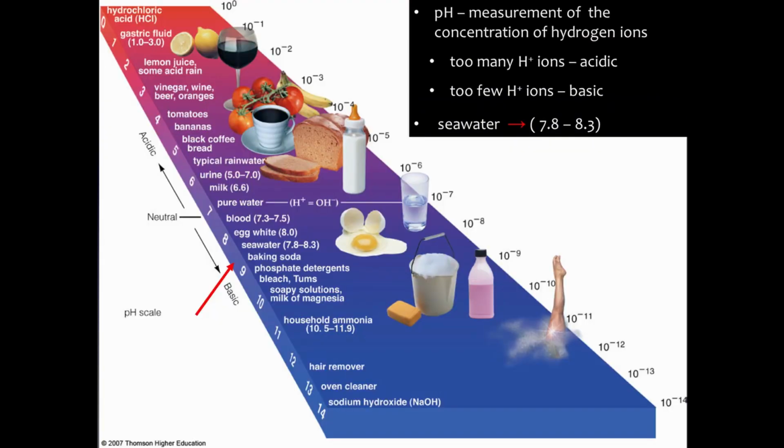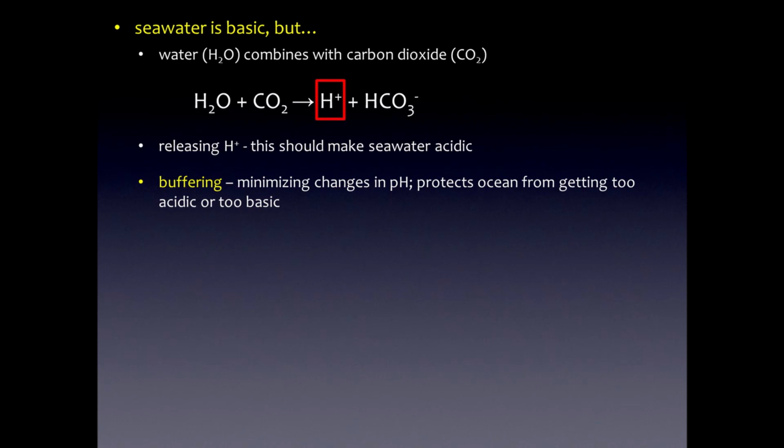We find that the pH of seawater is variable. It sits somewhere between 7.8 to 8.3. There are no units with pH, it's just a unitless scale. So this makes seawater slightly basic. Well, seawater is basic, but when water, H2O, combines with carbon dioxide, CO2, and there's a lot of carbon dioxide